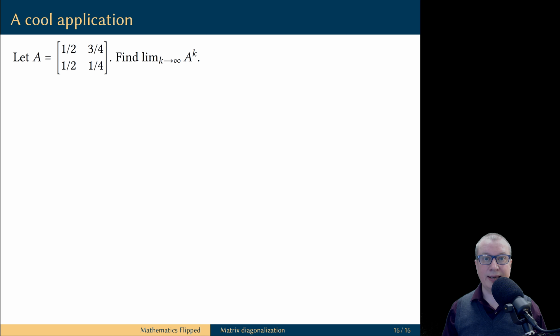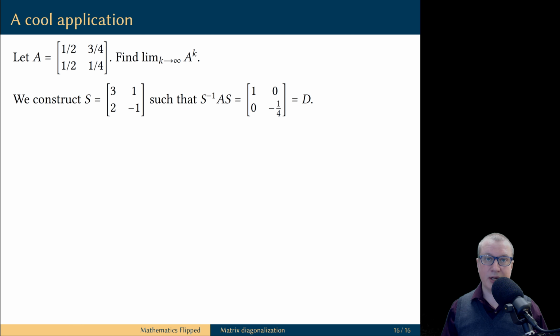Let me illustrate this idea by looking at one cool application. Here's a problem. We have this 2 by 2 matrix A, and we need to find the limit as k goes to infinity of the matrix A raised to the power k. The challenge is that you cannot solve this problem directly, because there is no way to find a general form for expressing the entries of the matrix A to the k as functions of k. Well, let's observe that this matrix A is diagonalizable. This might be a good exercise for you to check your diagonalization skills.